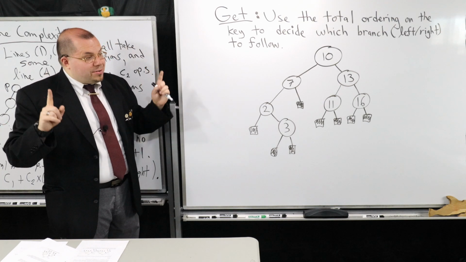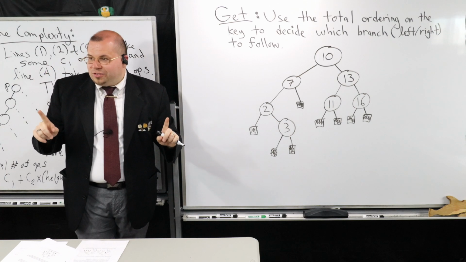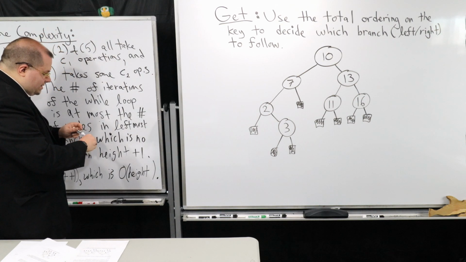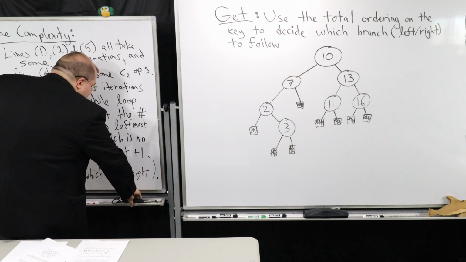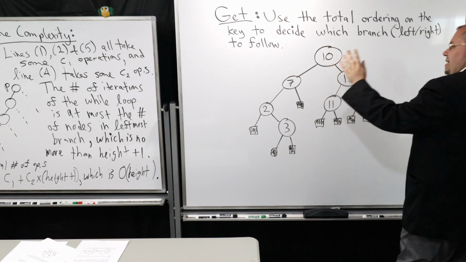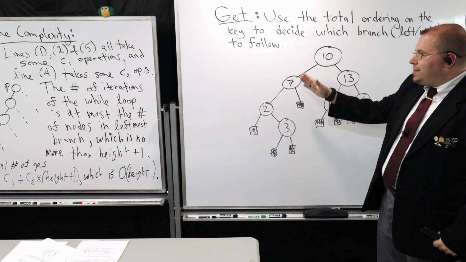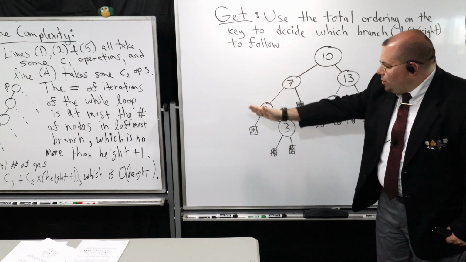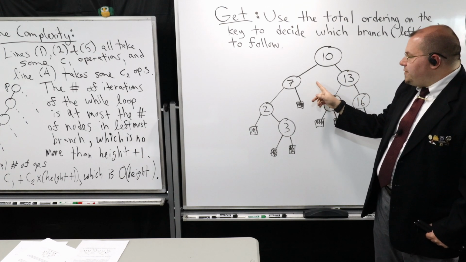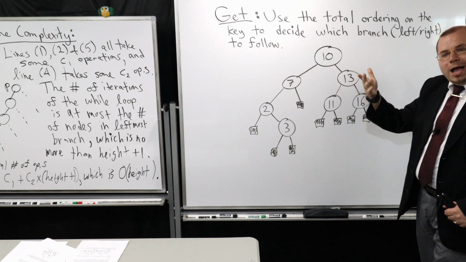But the thing is, the binary search tree isn't just any old tree. It has a lot of lovely properties we can use. We can use the binary search tree property to help us. So here's the idea that I was going to propose for you. Remember the binary search tree property, just to remind you: if I look at any one of the internal nodes here, the left subtree, all of its descendants, or the right subtree, all of its descendants, the keys in the left subtree are always going to be less than my key. All the ones in the right subtree are greater than my key.